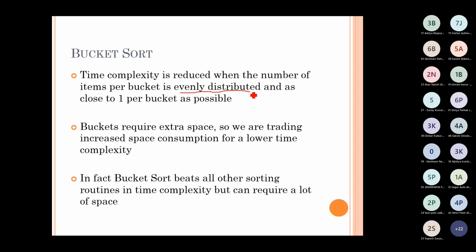Now, if the data is not evenly distributed, or if the given collection itself is not uniformly distributed, then it is not possible for us to minimize the number of buckets. And by minimizing the number of buckets, because of this even distribution, the space requirement would also get reduced. So ये possible नहीं है अगर हमारा data uniformly distributed नहीं है तो. Are you getting? Are you all with me?